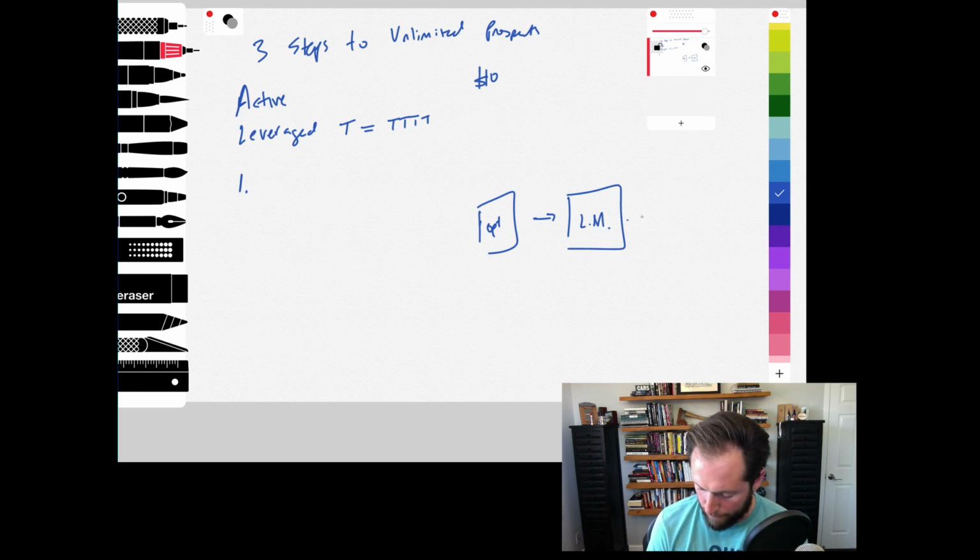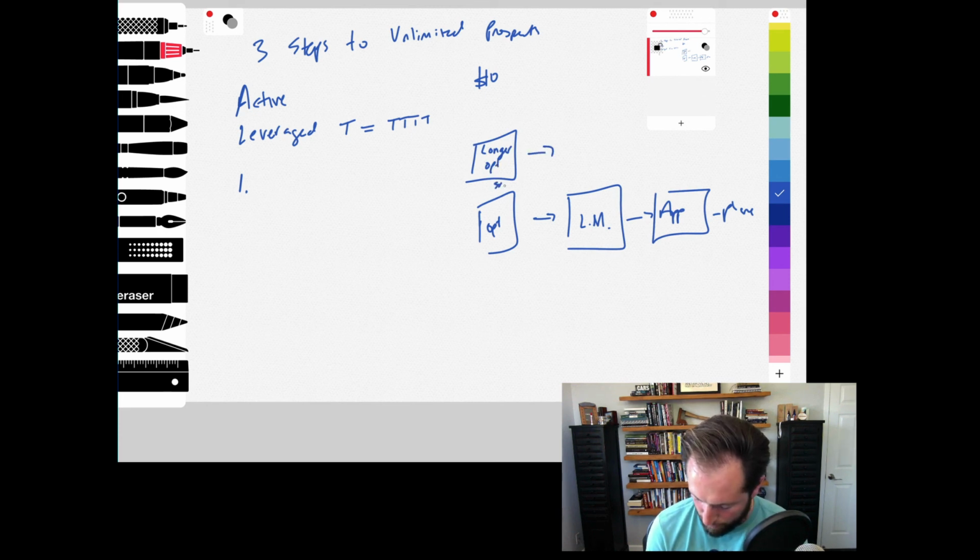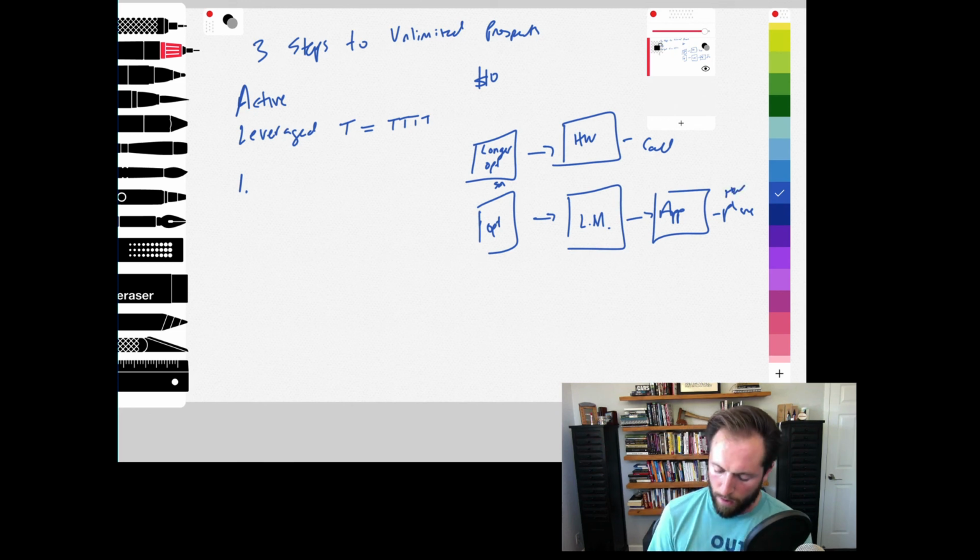And this one, and then we're going to have an application page, and then you're going to call them and close them, right? So then it's phone. So this is one way. And then another way is basically a longer opt-in, basically a short application. So we'll call it like a short app. And then we're going to have a homework page, and then we're going to call. And there's a homework page right here too. All right, so there's two different methods for this.